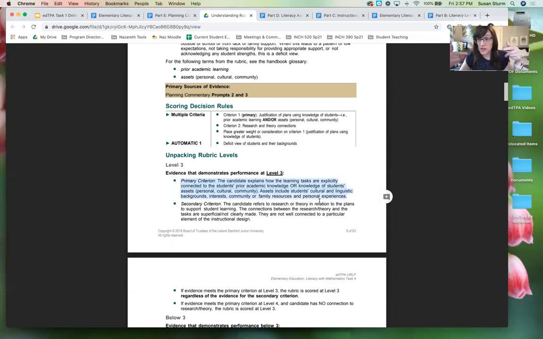So the things that you've planned are explicitly connected to your students' prior academic knowledge or your knowledge of the student's assets. And by assets, they mean their personal, cultural, and community assets that they bring to your classroom. This includes their cultural and linguistic backgrounds. If you know you've got a lot of students who come from a particular background and that's why you planned